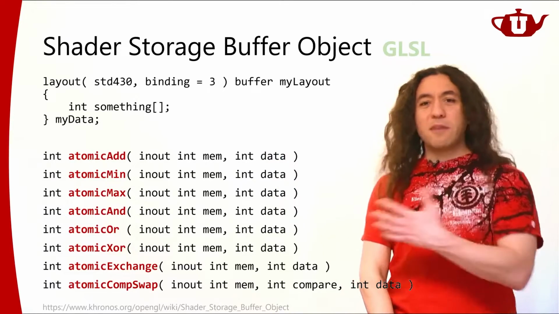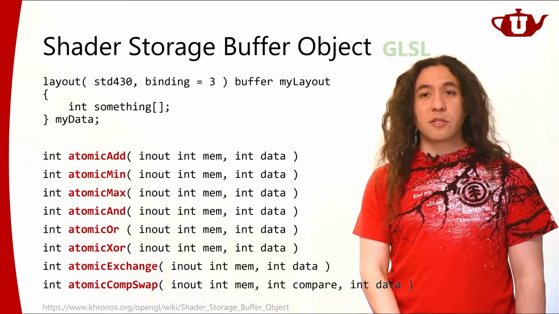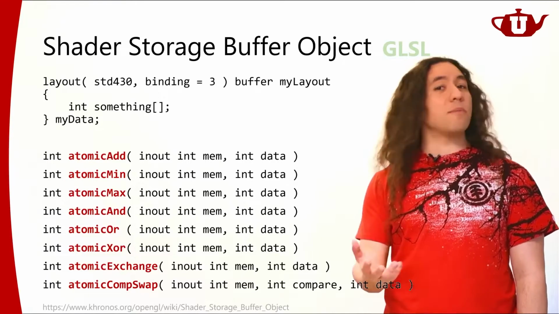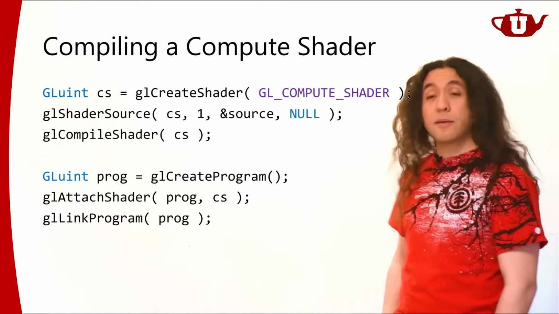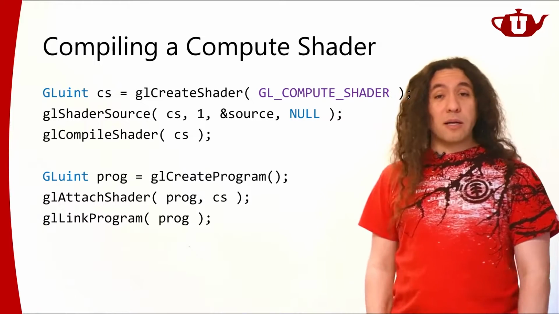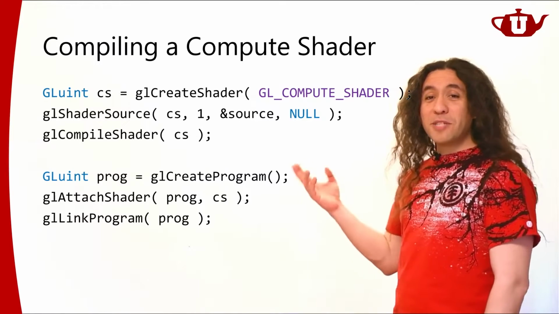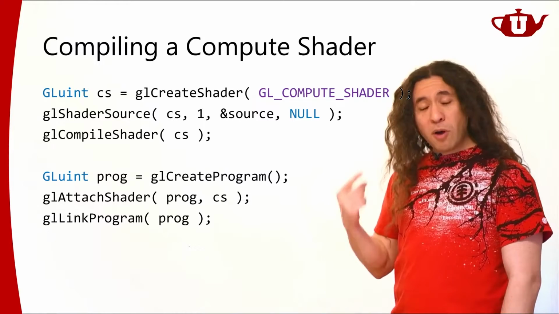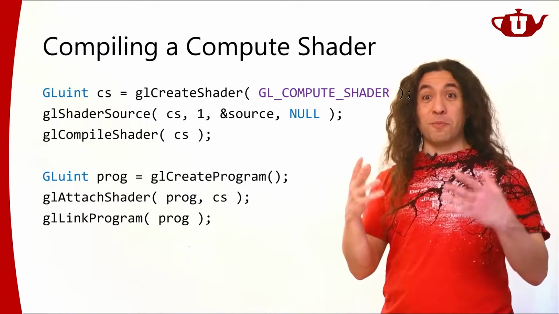So these are very, very flexible, very, very nice general purpose data structures that I can use, and I can configure them however I like, really. That's the nice thing about the compute shaders. For compiling a compute shader, that's actually fairly easy. So when I'm compiling a compute shader, I probably don't need a vertex shader or a fragment shader or anything else. It's just going to be a compute shader, right?